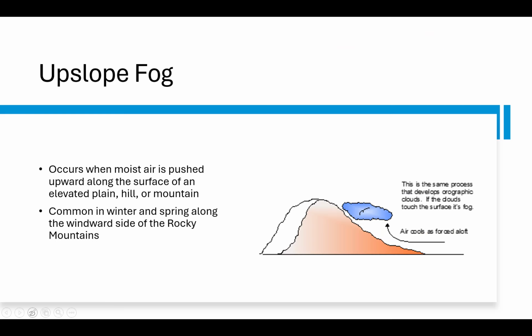Next, we'll talk about upslope fog. Okay, with upslope fog, this is generally going to occur when moist air is pushed upward along the surface of an elevated plain, hill, or mountain, and it's quite common in the winter. Again, with those longer nights,